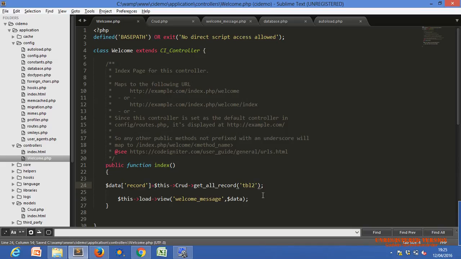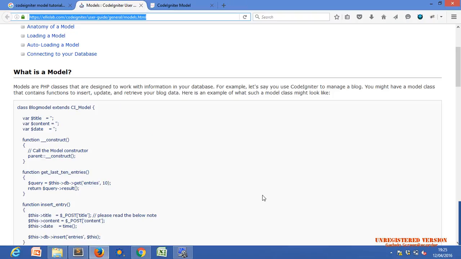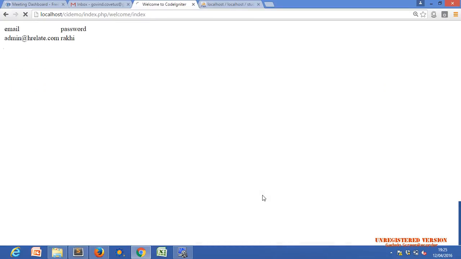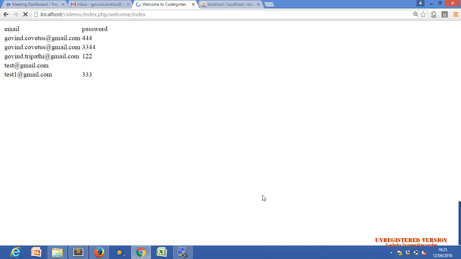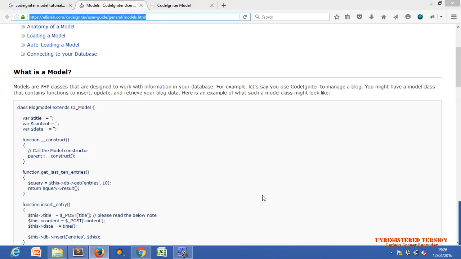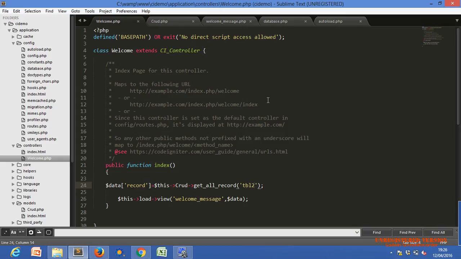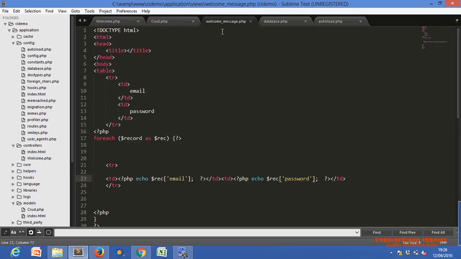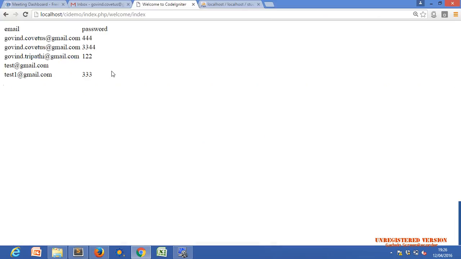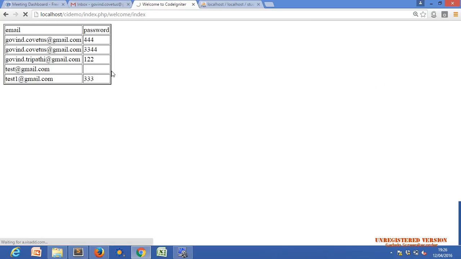Okay, now back. Now we are getting data. Khushi, we can use a border for our table here to display the border around the data.